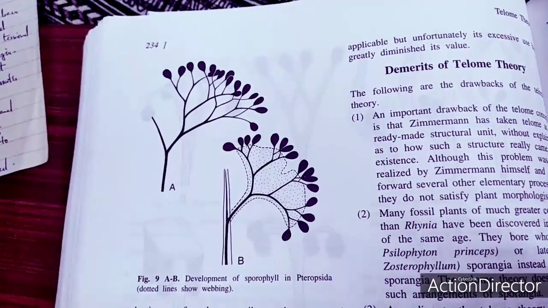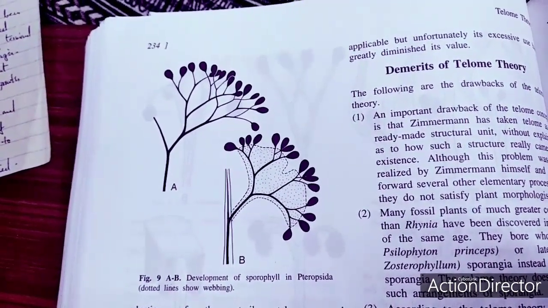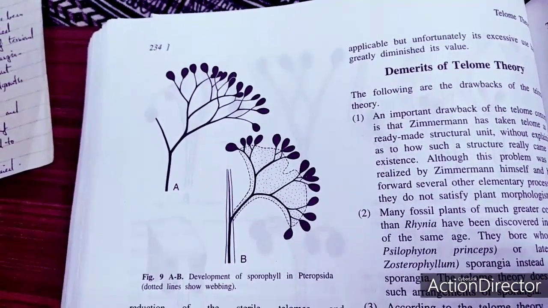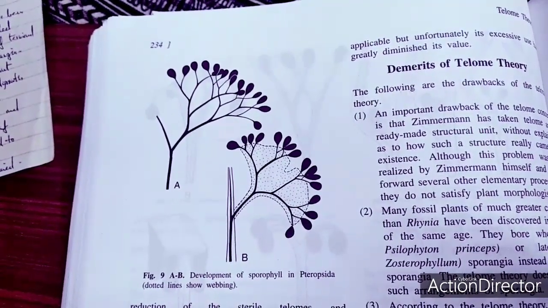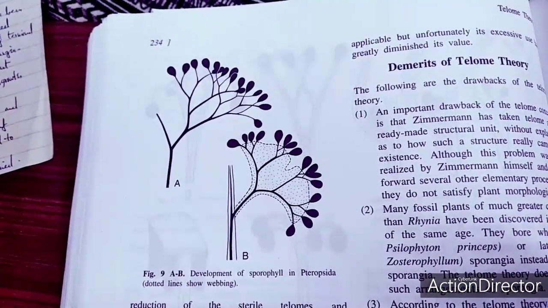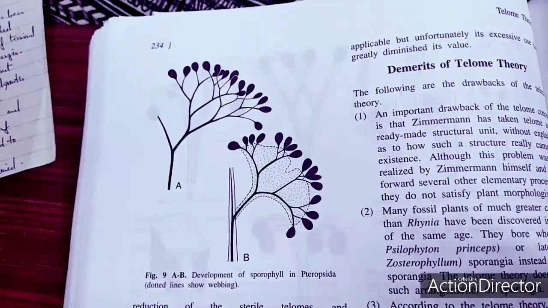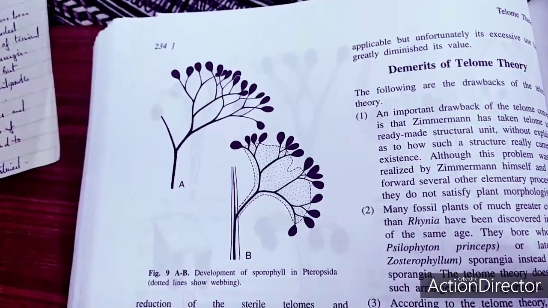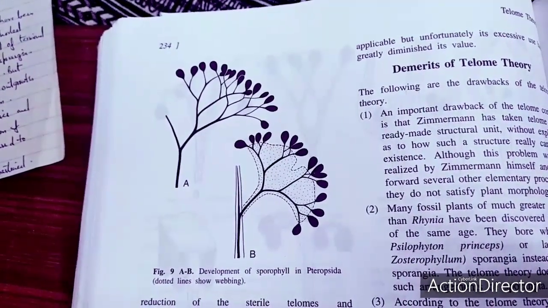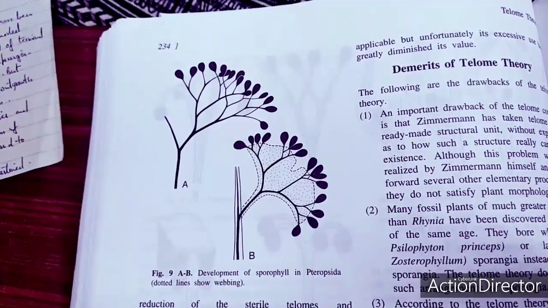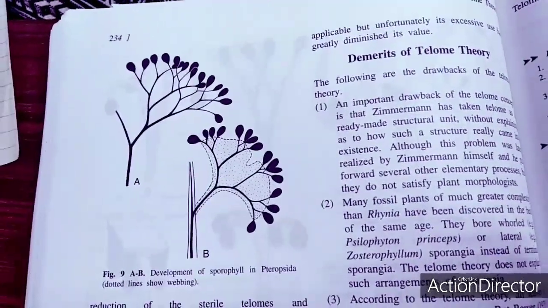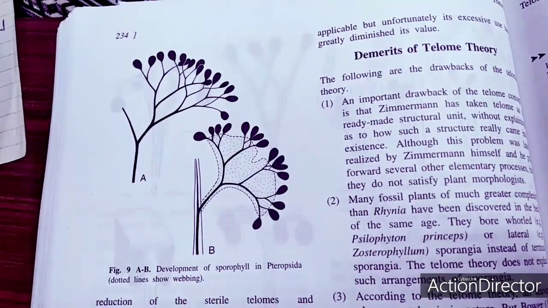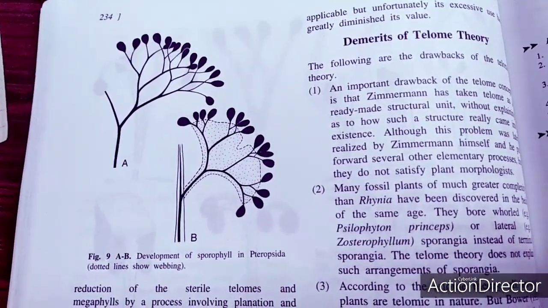The telome theory says all leaves in plants are telomic in nature. But Bower in 1935 suggested that microphyllous leaves are simple outgrowths of the stem. They are not the end product of reduction. The polystelic condition, like in Selaginella, due to syngenesis, as well as the siphonostelic and actinostelic conditions, are tangential or radial fusion of the vascular system of a polystelic axis. Such explanation is opposed to the widely accepted telome theory, and has been rejected by workers. Zimmermann in 1965 states there is no alternative theory. So this theory has again remained unquestioned.